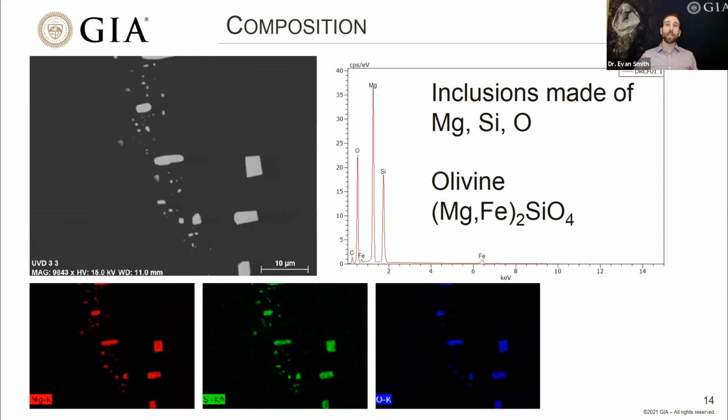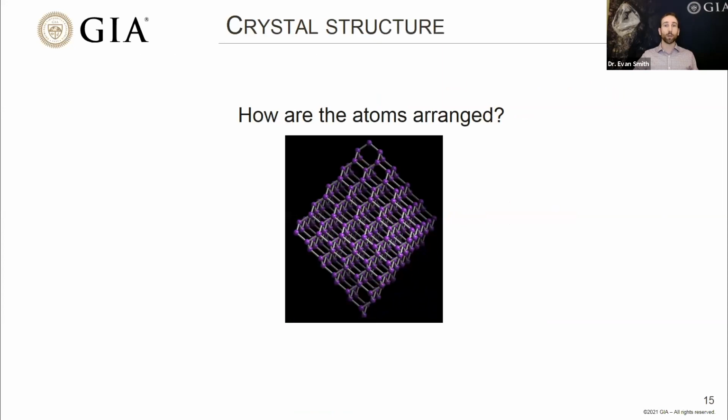The other piece of information that's handy to have is something about their structure. So crystal structure is the idea of how these atoms, the magnesium and the silicon, are actually arranged in 3D space. So here's a little cartoon of a crystal structure. What is characteristic of this material is the spacing between these atoms and the three-dimensional geometry. Any crystal has repeating, evenly spaced layers in 3D, and knowing something about the spacing and the layering and the orientation of all of those things is a way to identify the mineral.